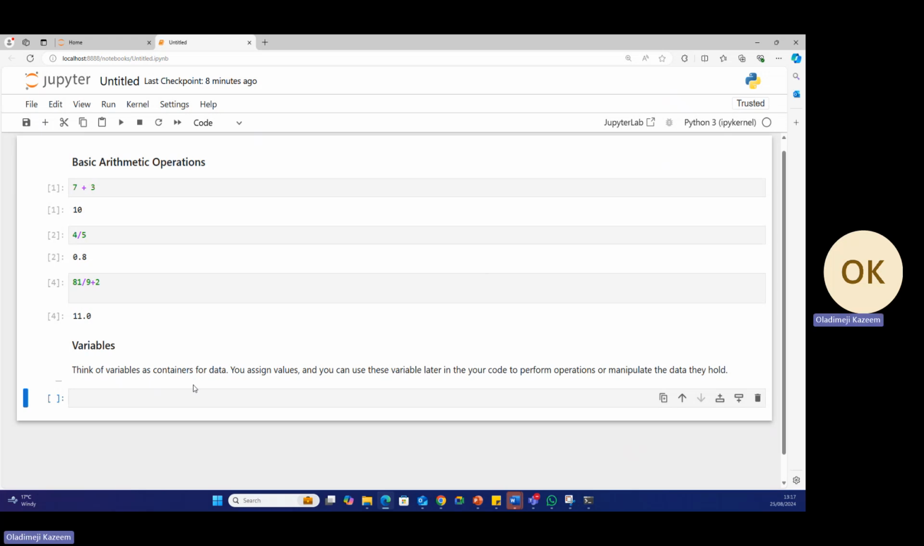As we have said, they are containers for storing data values. We don't need to declare what is inside them. We can just add anything. So let's put this here. Let me make this